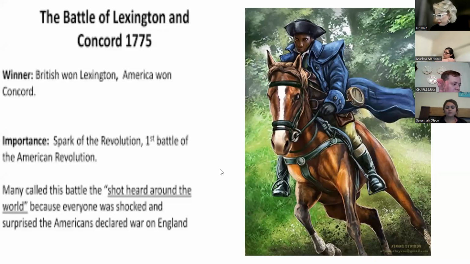Things get weird here because this is a mission by the garrison of the British. They're worried about colonists and rebels in the surrounding countryside being armed. So they send out I think a regiment or two to go and take the arms cache at Concord. And what happens is on the way out, they swat aside a militia at Lexington. They get to Concord to find the arms cache is gone. And on their way back, they're getting shot up by colonists while they're marching back in. And that's actually where most of the casualties occur. As the British are marching back to Boston, colonists are taking pot shots.